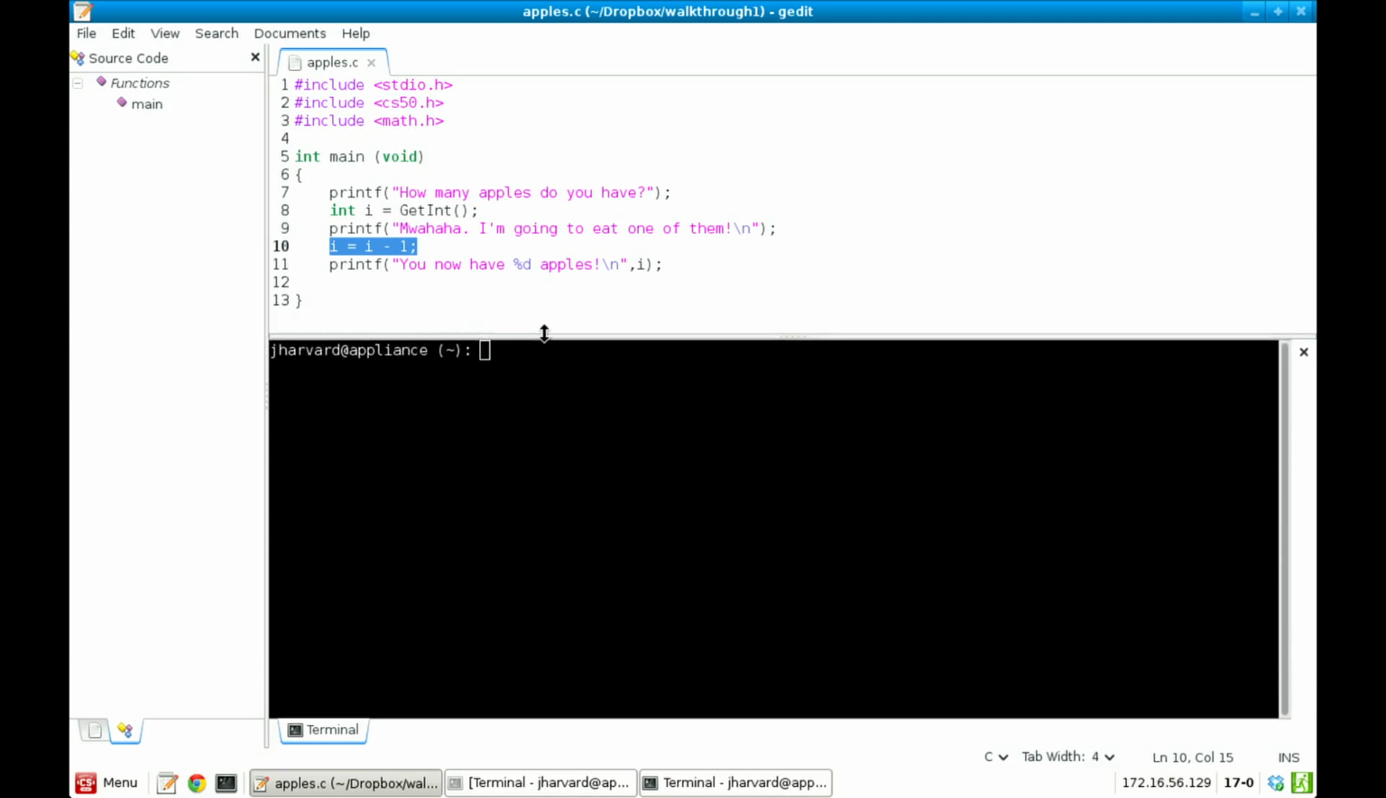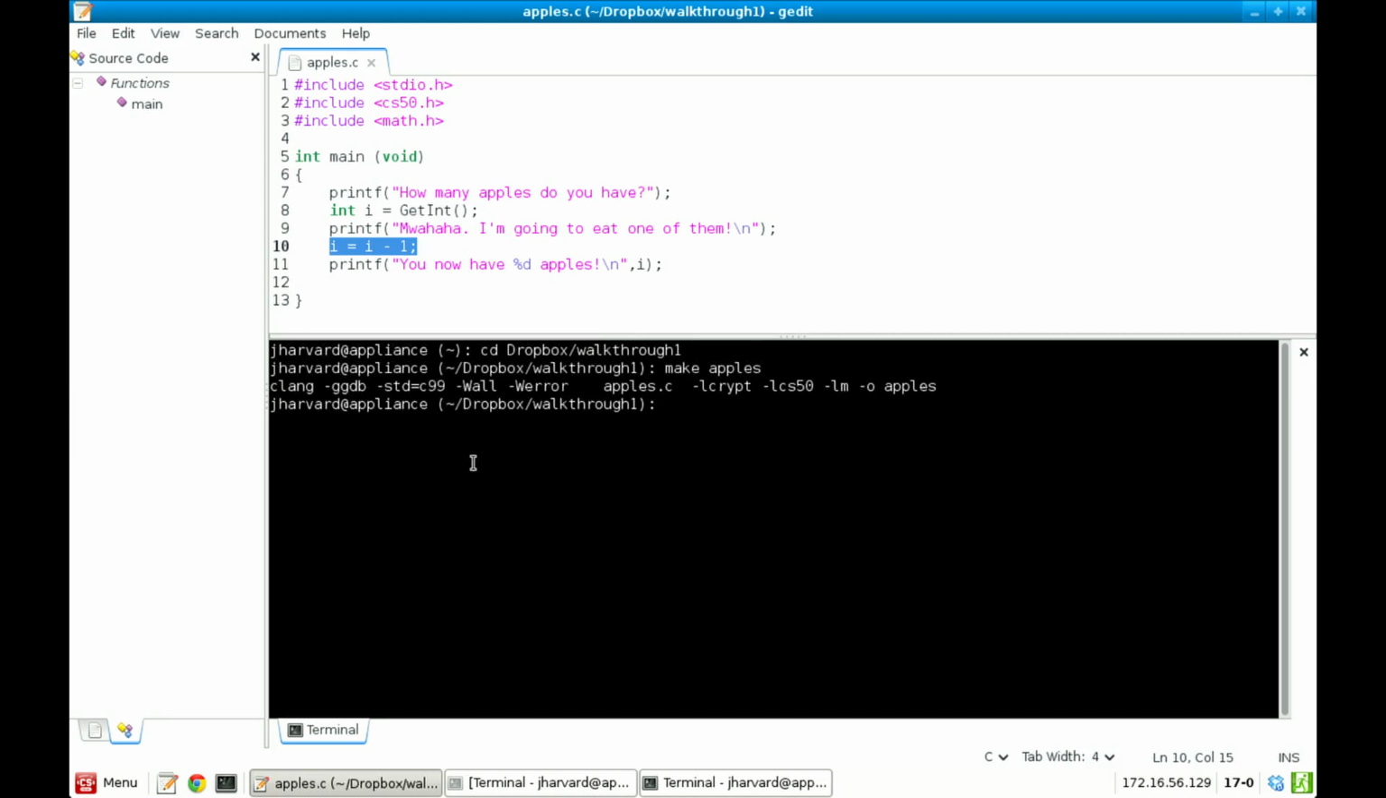So instead of having to switch forwards and backwards between gedit and the terminal, you can actually just run it from here. So let's first get into the right directory. So let's change our directories to Dropbox/walkthrough1. All right, so now let's make apples, compiles it for us. And so now let's run apples,